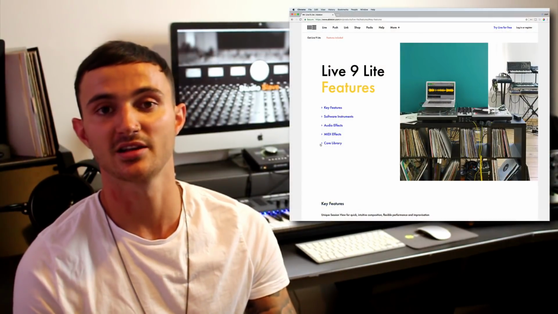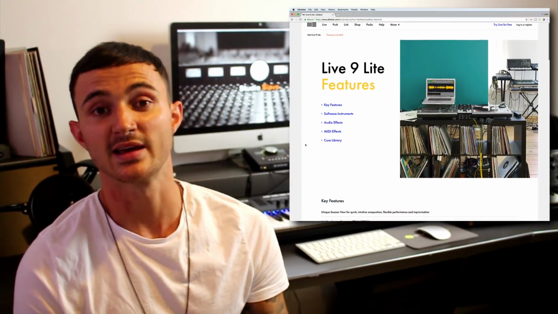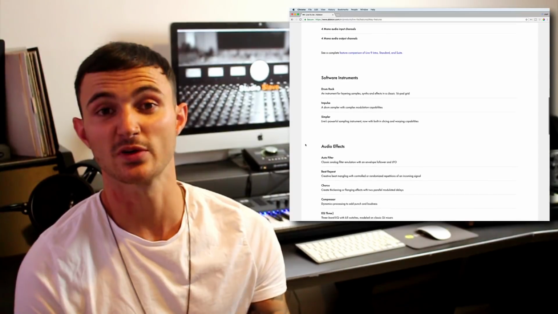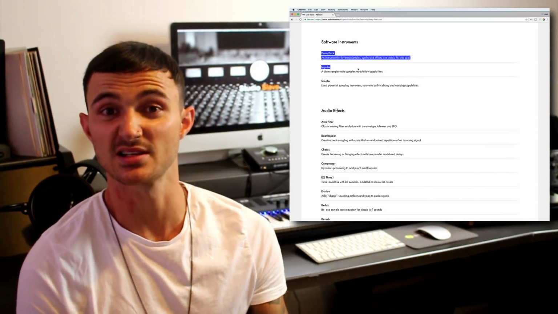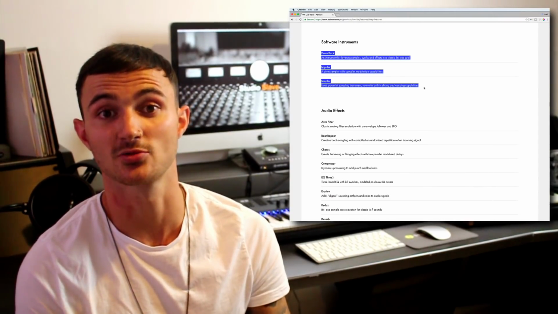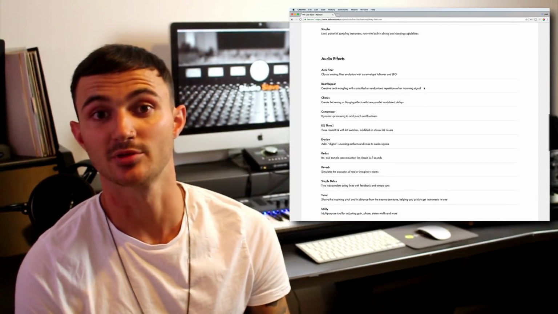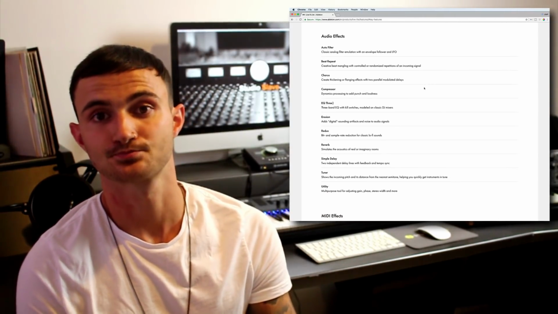I did mention with Ableton Live that you can also get a light version, and what this is, is something that ships with loads of different hardware brands, loads of different keyboards, things from Akai and Novation. It's just a light version for you to use with that hardware, basically to test it out and to allow you to use the hardware with a DAW, Digital Audio Workstation.